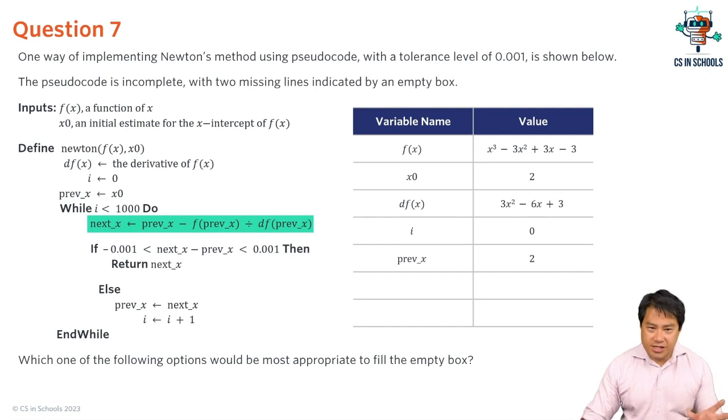And that's where we get to this line of code, which is getting us to calculate the next value of x. So we start off with x, the x-intercept, our guess of the x-intercept being 2. This line here is going to refine our guess using that formula there. Now, this formula is the heart of Newton's method, so I'm going to spend a bit of time just explaining